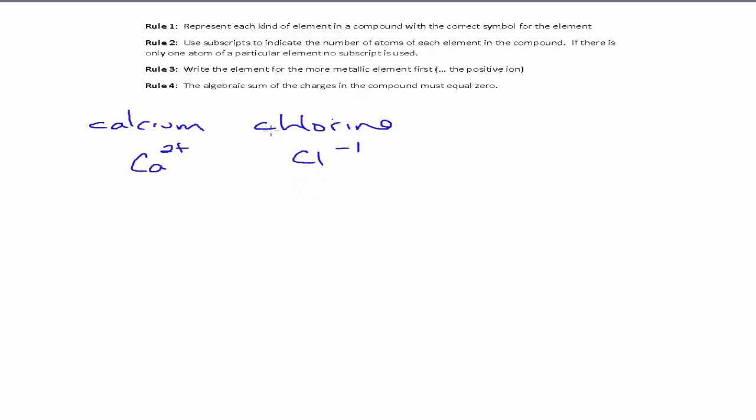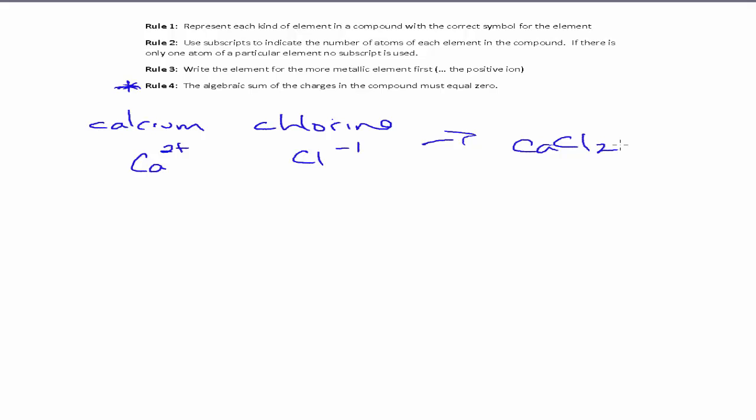And this is where number 4 becomes really important. The algebraic sum of the charges in the compound must equal 0. 2 and -1, do they add up to 0? What if we had 2 chloride ions? Then it would be 2 times -1, minus 2 for a charge of chlorine, and that would perfectly balance the 2+ on calcium. So therefore, the formula for calcium and chlorine coming together is Ca